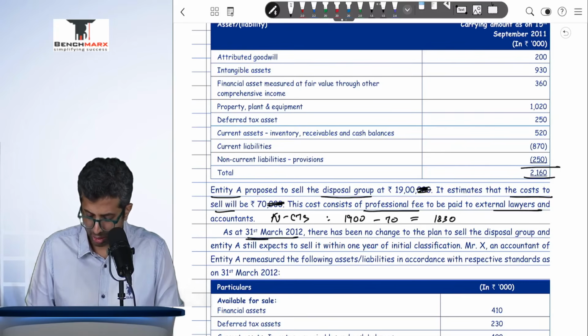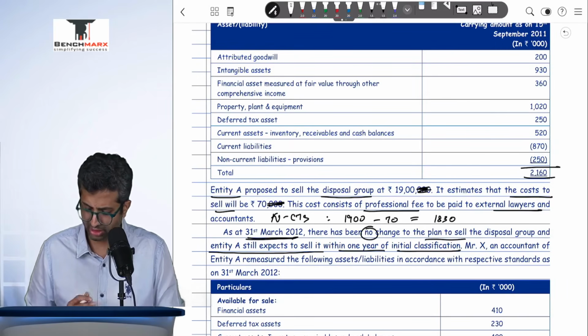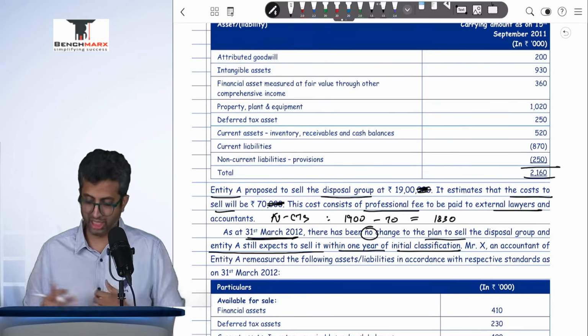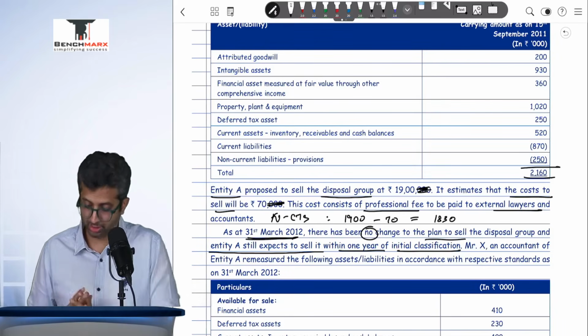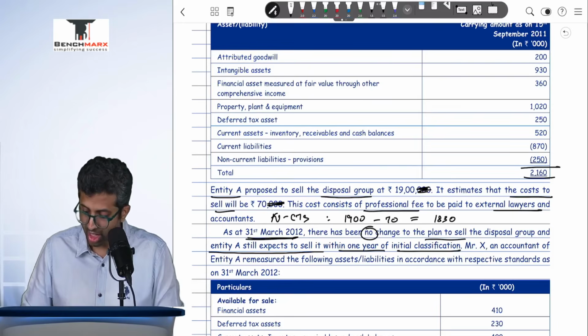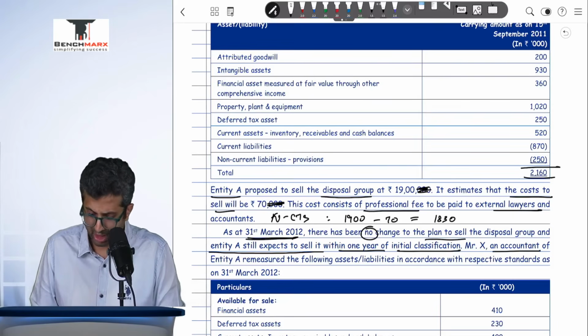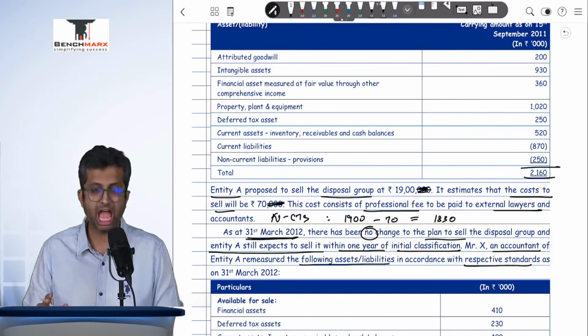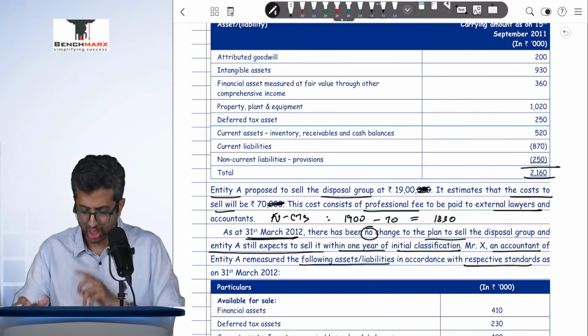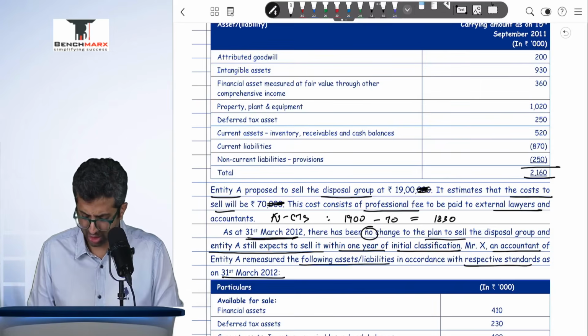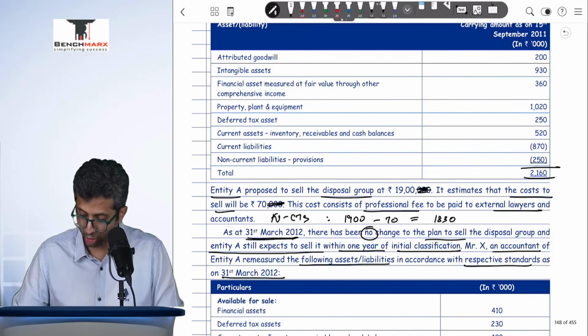At 31st March 12, there has been no change in the plan to sell the disposal group, and NTDA still expects to sell it within 1 year of the initial classification. Okay, so that's still classified as held for sale. You are now on 31st March 12, but thankfully you have been given data now. Mr. X, who is an accountant of entity A, remeasured the following assets and liabilities in accordance with the respective standards as on 31st March 12. Okay, so over here, this is 31st March 12 data, but before that, I need to compare this 2160 with